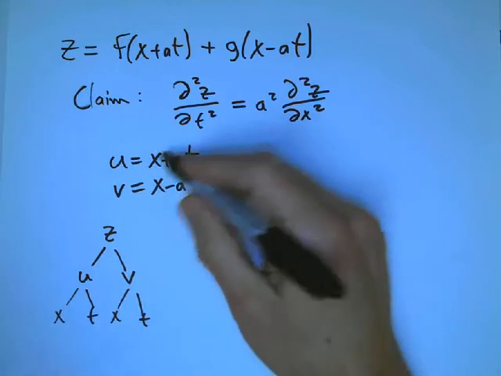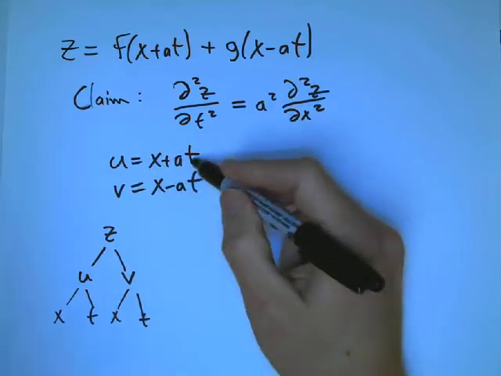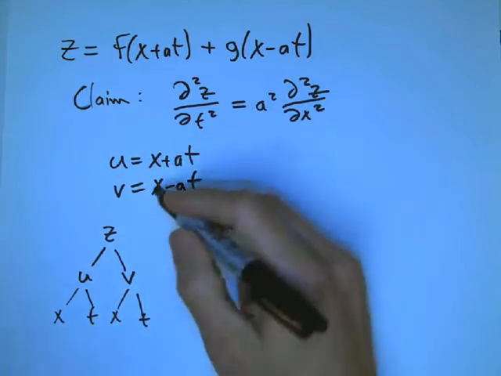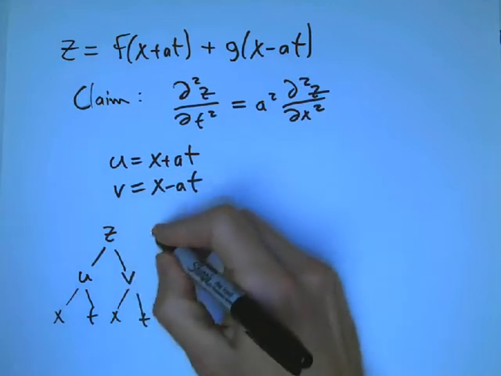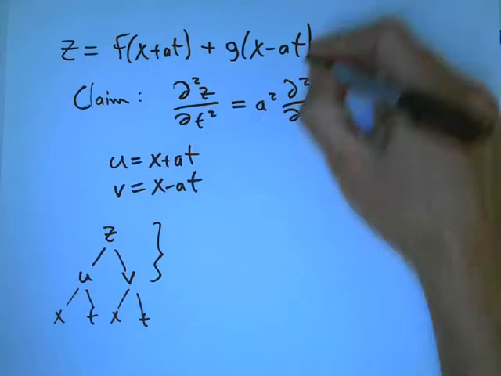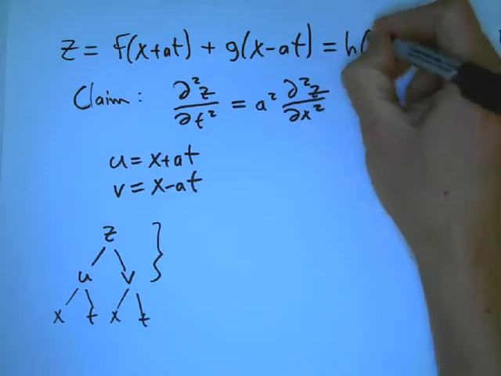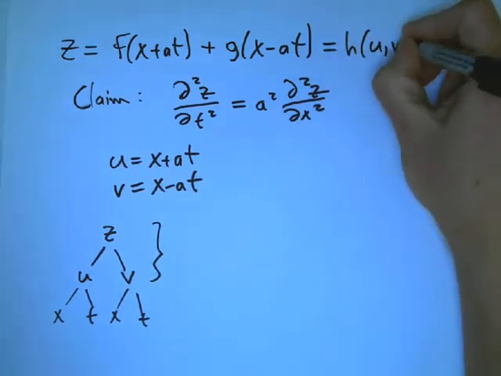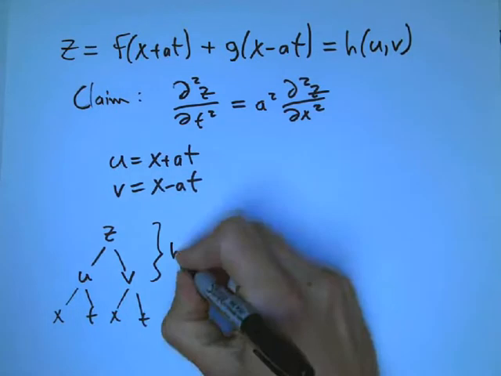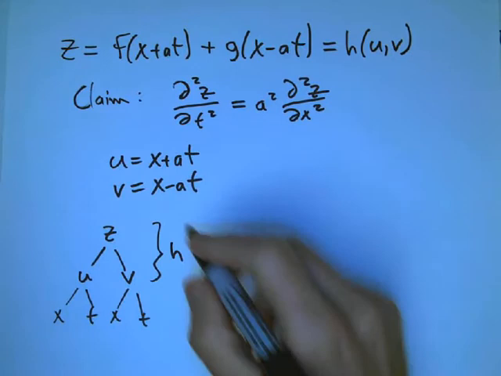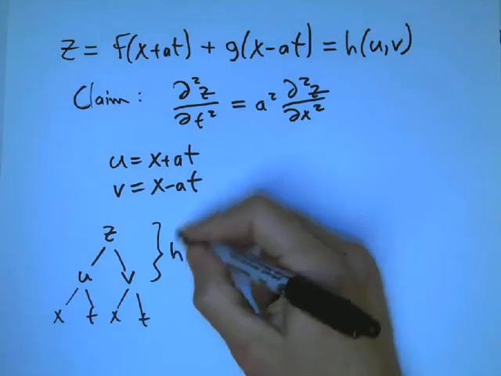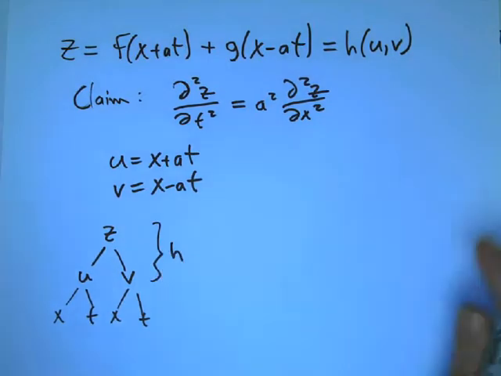Well, I don't have a name yet for that. Let's say this is h of u and v, the sum of those two guys. And we used h for a similar purpose in class. That might be helpful to have that notation there. Okay, so let's go ahead and calculate one of the sides of this. We'll start with the first derivative, dz dt,